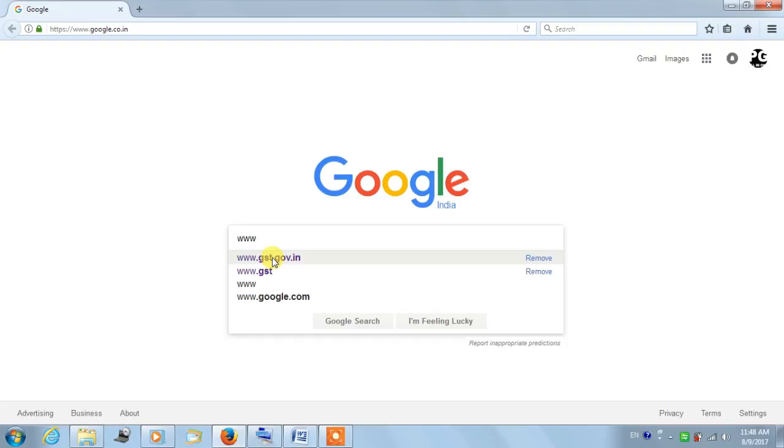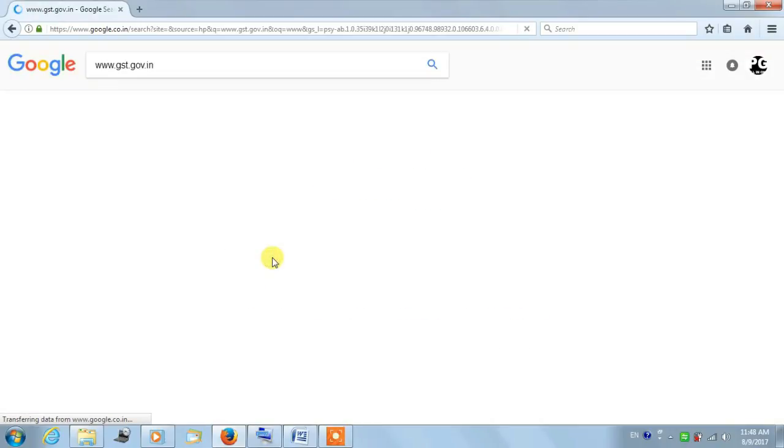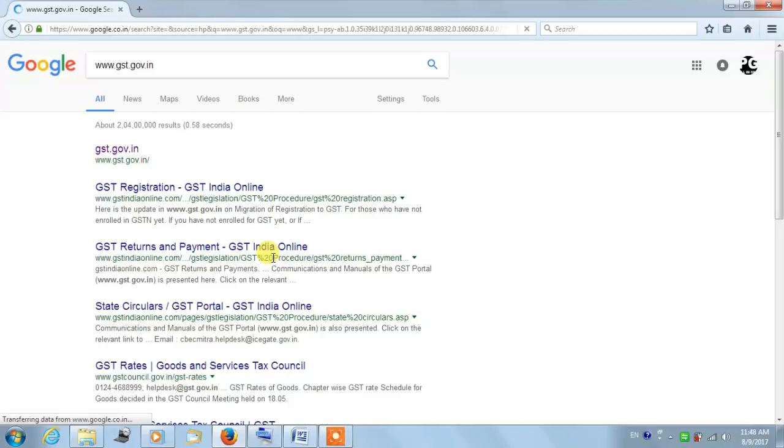This is summarized return, so you don't have to enter invoice wise detail, just have to enter total value. Till now, no Excel utility has been introduced. Once it is introduced, I will show you how to fill data under offline mode in another video. But now only online filing is available, so we will learn online filing as we only have 10 days to submit July return. Let us start to fill online and understand the form so that we can verify it before submitting it.